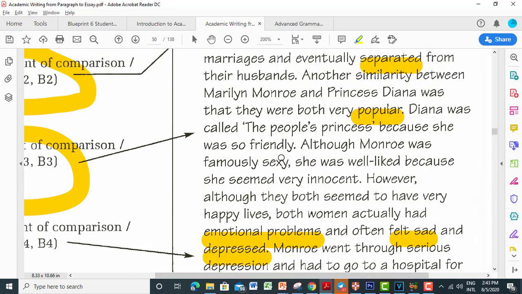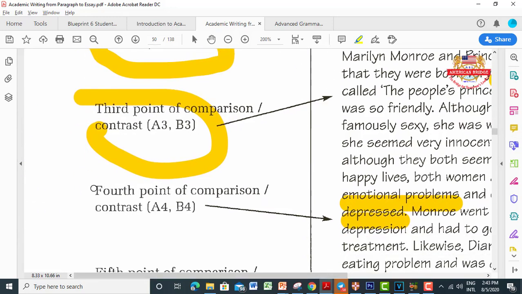They talk about the personality of both Marilyn Monroe and Princess Diana, because they are so popular. One is friendly, one is famously sexy, and they are both well known. Okay, and the fourth point,